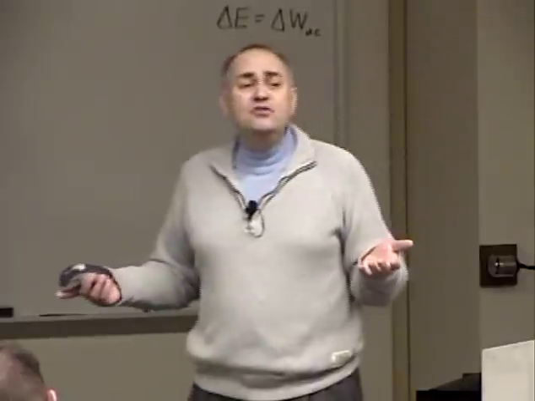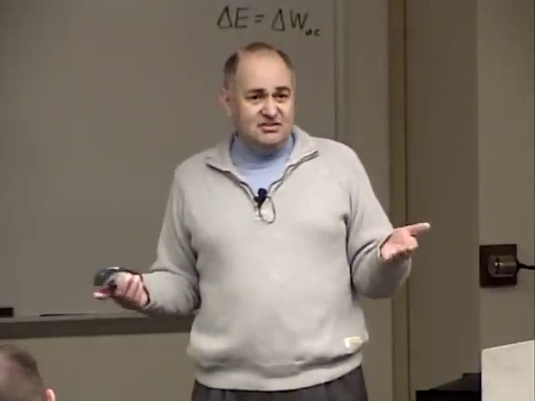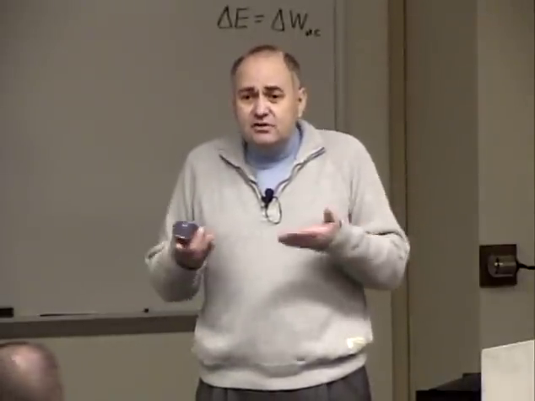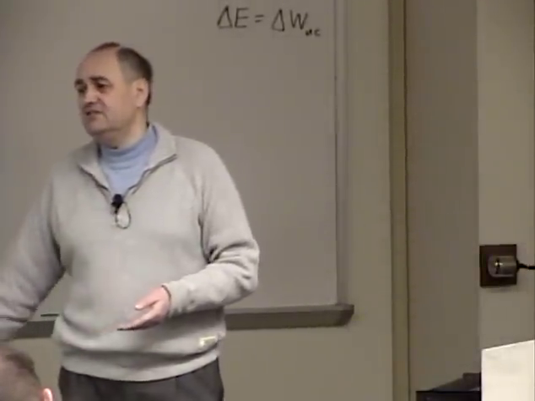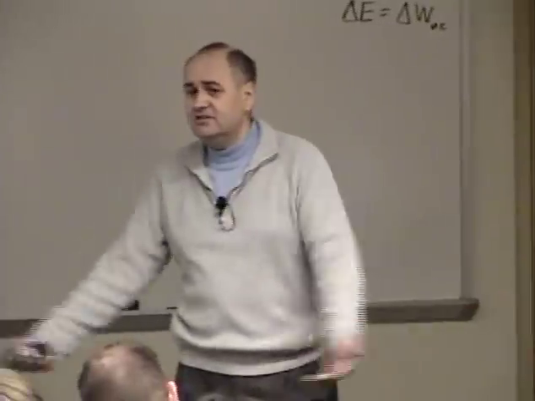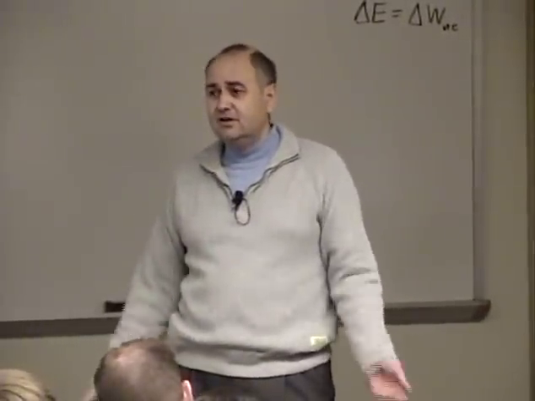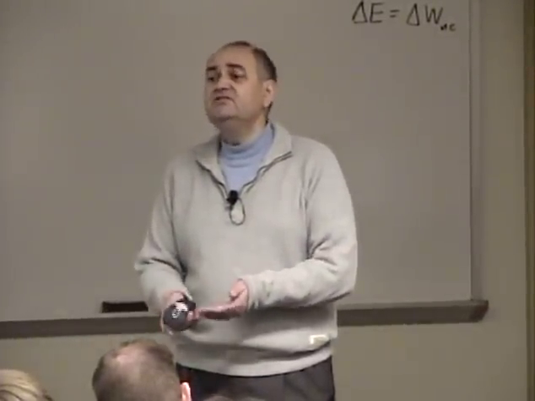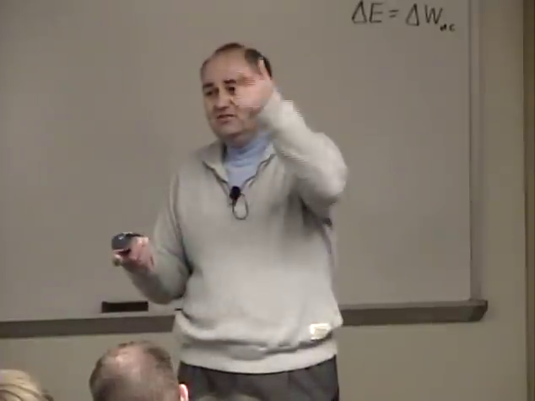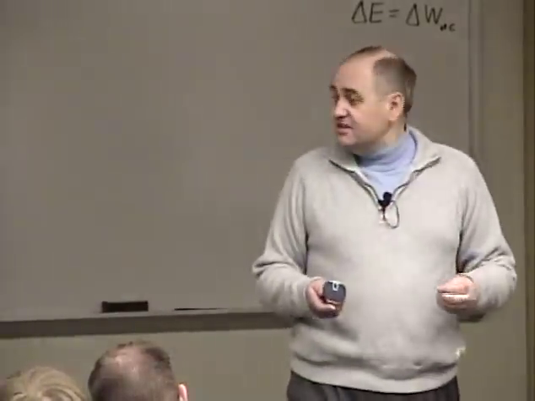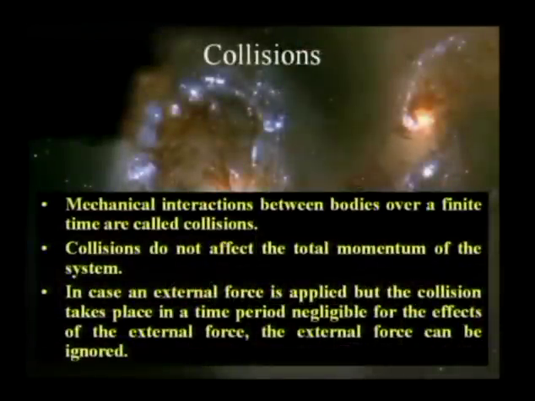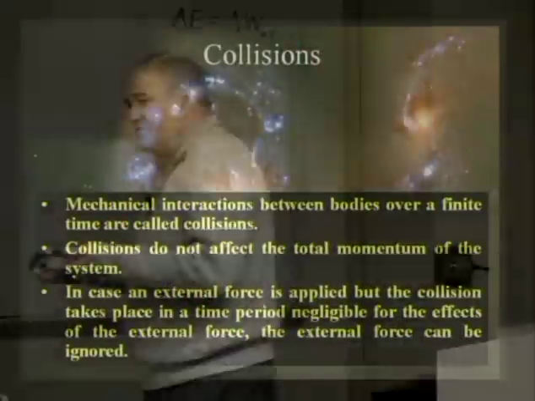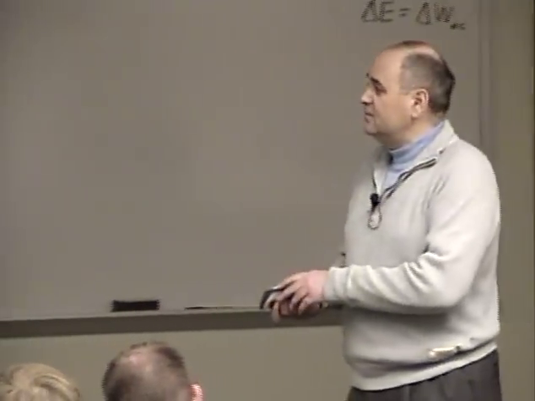So, for example, if two cars collide in an accident, the two cars push each other so strongly that you can forget that there is a normal force, that there is gravitational force, and that there is a frictional force with the road. In the collision, these don't matter. What matters is really how the two cars interact. Because in a collision, we can always consider that the interaction is internal, so the total momentum of the